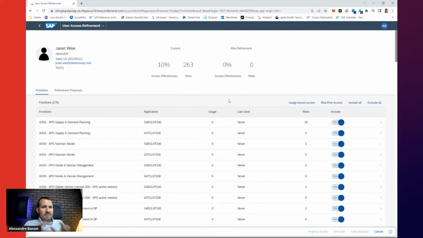So there's different ways how we can refine access, which is great from a risk perspective, from a compliance perspective, but it's also great from an identity lifecycle perspective to follow really the approach of least privilege, remove what's not used, especially if it causes risks. If it's not being used and there's no harm in removing it, remove it. That's what IAG here can do for us and can propose what would be possible to be removed.